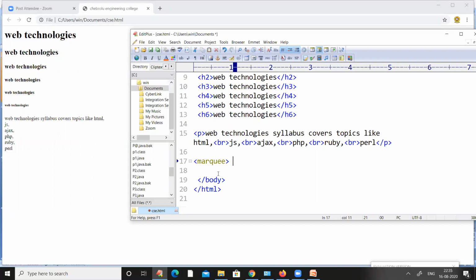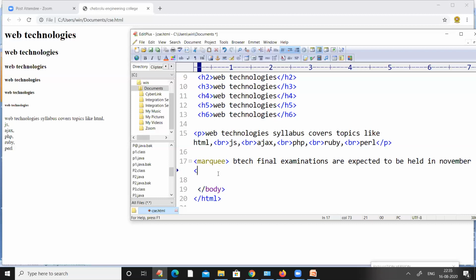What I want to write is, BTech final examinations are expected to be held in November. That is my data, what I want to be scrolled on my output screen.